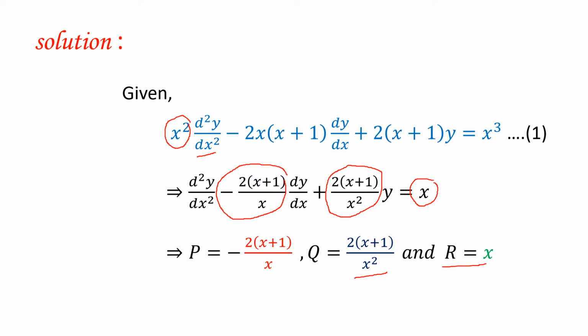Now observe carefully. To find u, we need only p and q. So if you observe p and q, if you add p and q, I don't get 0. But note that in the numerator we have 2 into x plus 1 here, and here also numerator 2 into x plus 1, and this is negative and this is positive. But in the denominator I have x here and x square here. So if we multiply by x here, then p and q get cancelled. Therefore I have to get x. Therefore one of the conditions we have to consider is p plus qx.